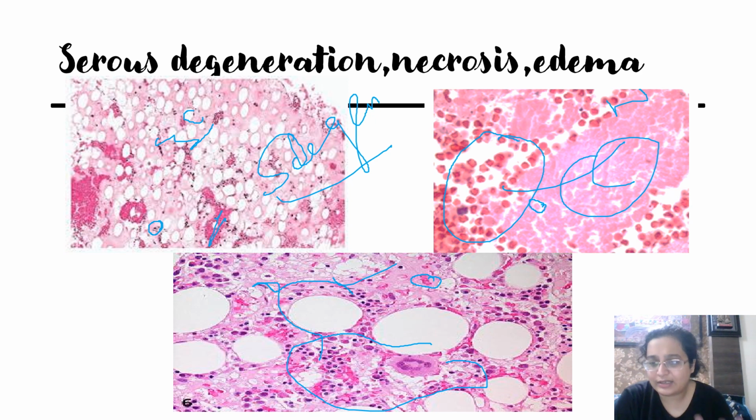We felt that okay, the regeneration is not 100%, but we could see all the lineages, we could see a few megs. So we thought of giving it as remission, and the biopsy was awaited. We gave the marrow as in remission. The case was, I think, AML, acute myeloid leukemia.